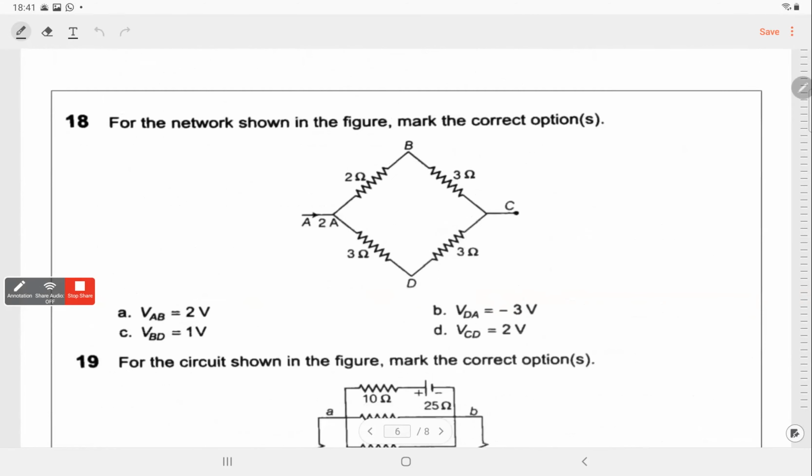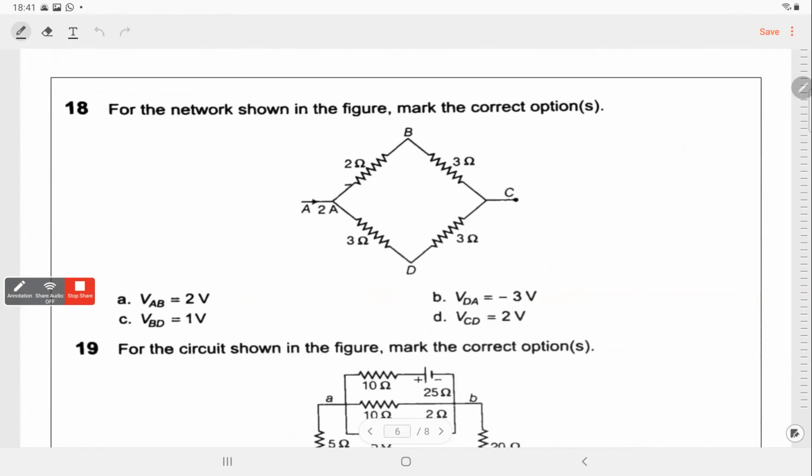Question number 18. Yes. 18 में क्या करना है? We'll have to distribute the current by using the similar formula जो भी हम पहले कर रहे थे. दोनों में पोटेंशियल डिफरेंस सेम होगा और देन करंट अकॉर्डिंगली विल फाइंड द पोटेंशियल डिफरेंस. जैसे B और A के बीच का पोटेंशियल, सो दैट विल बी I1 into 2. It will be 2I1. पोटेंशियल डिफरेंस बिटवीन D to A निकाल रहे हैं. D से A की तरफ जाएंगे तो करंट के अपोजिट जा रहे हैं, इसलिए it will be -3I2.